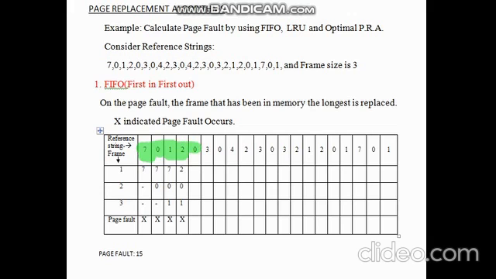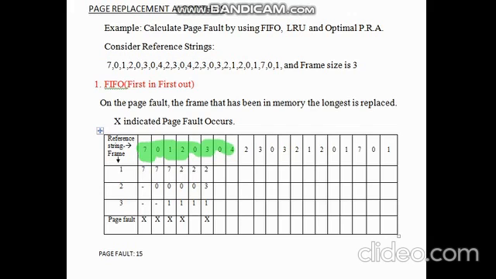Now the CPU demands page number 0, which is already present in main memory. So 0 overlaps on 0, and a page hit will occur. In the next step, the CPU demands page number 3, which is not currently present in main memory. So the operating system transfers it from secondary memory to primary memory. By the FIFO algorithm, 0 entered first, so 0 will be swapped out. In place of 0, 3 will enter.